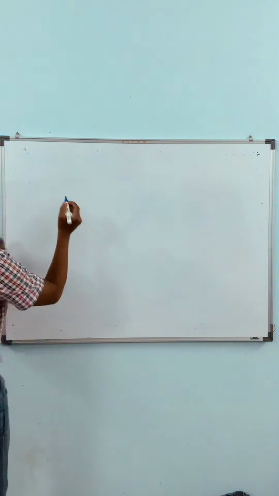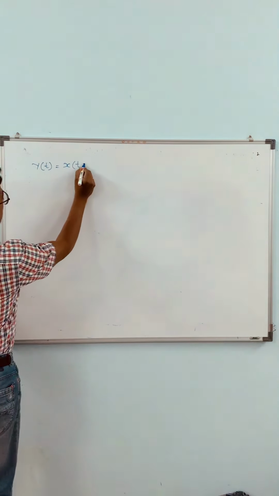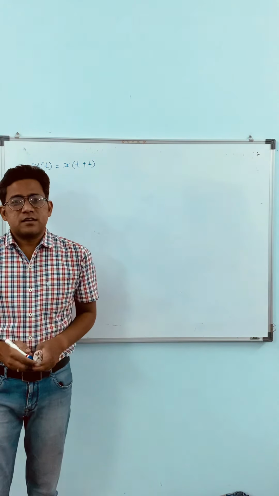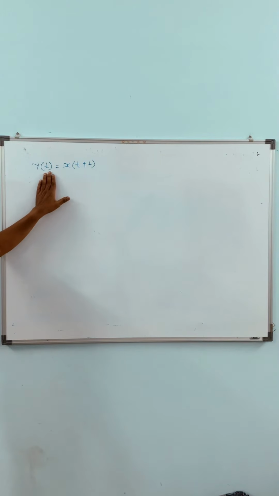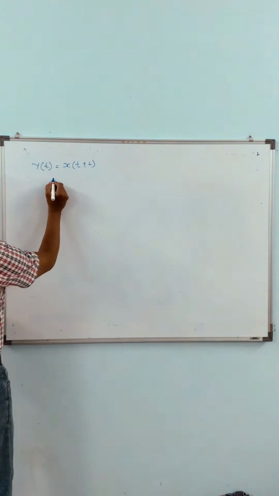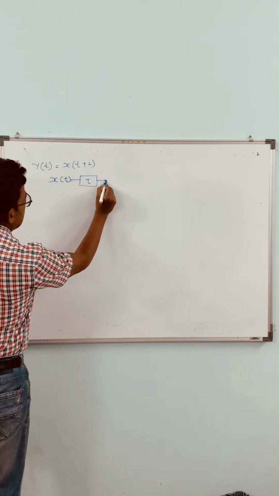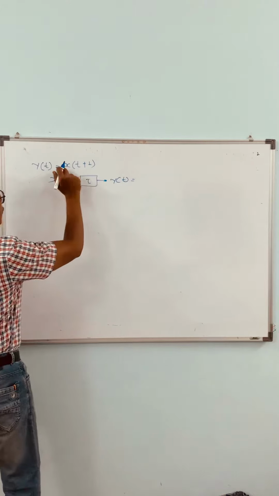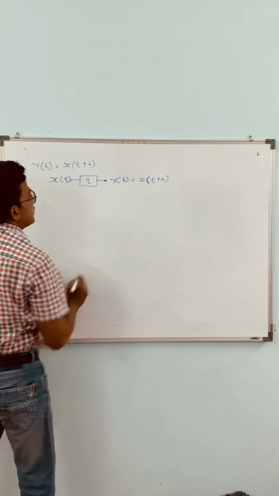Now we have a numerical like y of t equals x of t plus 1. How do we analyze whether this is linear or non-linear? As we know, y of t is the output and x of t plus 1 is the generated output. Again I have to draw the same diagram where x of t goes to the input side to create a new output, y of t.